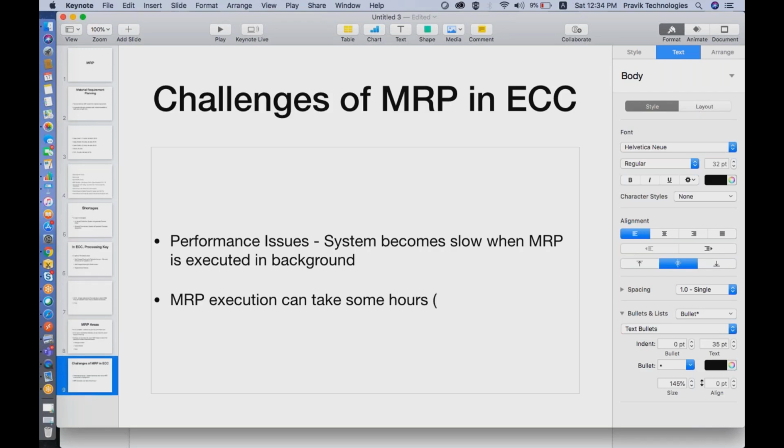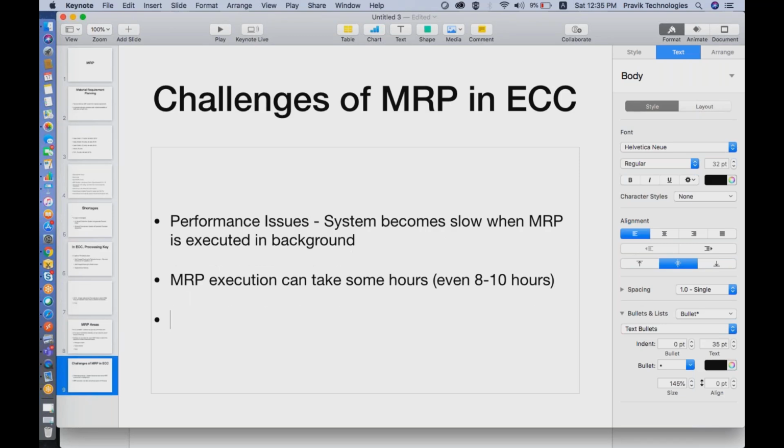We have seen that even 8 to 10 hours can be taken to perform the MRP run if that many materials are available in the plant. So if the system is executing the MRP for 8 to 10 hours, then definitely during that time my system will become slow, and that is the reason